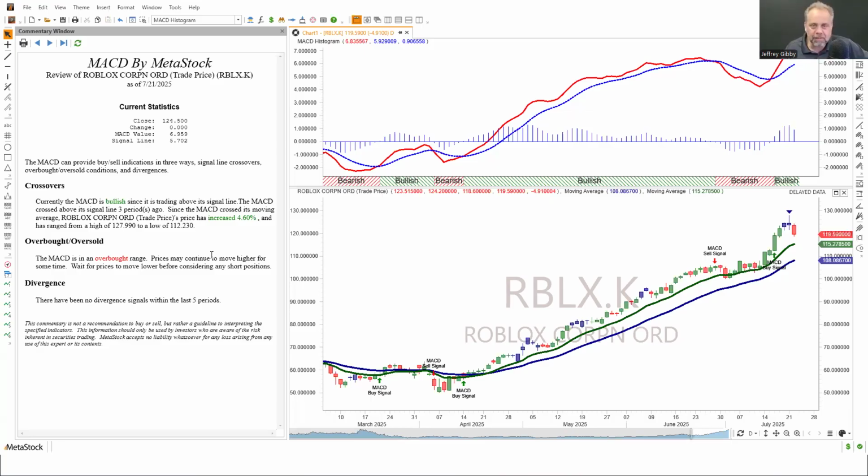Some perfect examples of that are right here. We got overbought, it pulled back, and then just kept going. Here, it pulled back a little bit and just kept going. Here, where it was overbought, oversold, it pulled back a little bit and just kept going. So you want to have some sort of confirmation when you're using overbought, oversold indicators. I didn't word this, but I like the way they word it: wait for a confirmation.